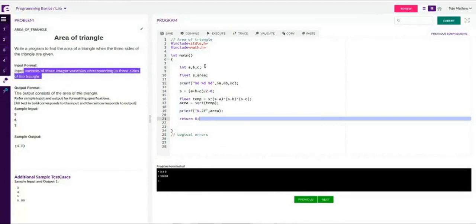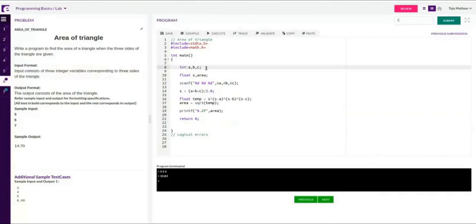Otherwise we can manage with that. If integer is 2 bytes and float is 4 bytes, we are wasting memory. If we want to use float a, b, c, here you make it %f, %f, and remaining things will be fine. But since the specification is integer, we will stick with that.